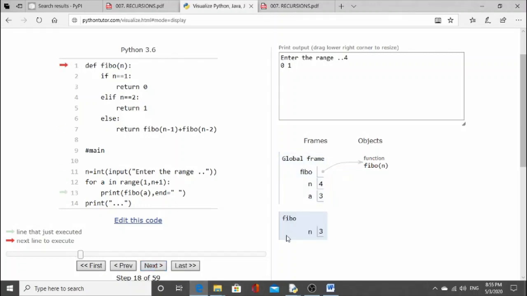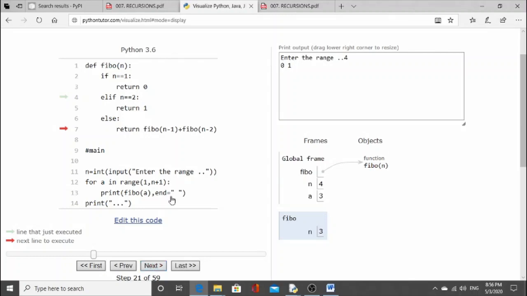Third time, a will contain value 3, so the function FIBO is called with the value 3, so n contains 3 now. So you can see frame, in global frame, this n and a both values are given, and in FIBO function n, which is your local variable, now contains the value 3. So see, this condition is false, again this is also false. So what is it returning?